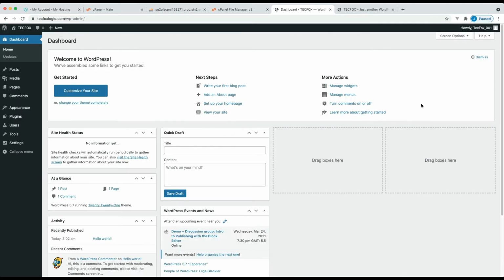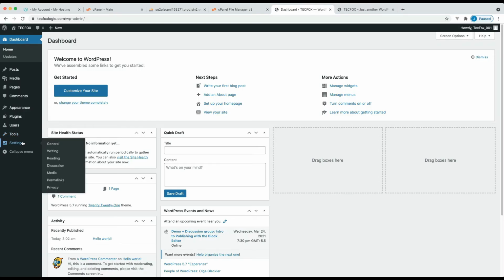Now we are on the dashboard. There are several categories in the WordPress admin part. We are only discussing important categories here. You can find out more by referring to the WordPress documentation.